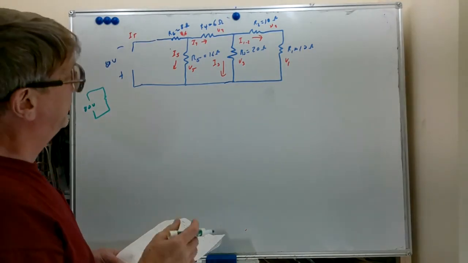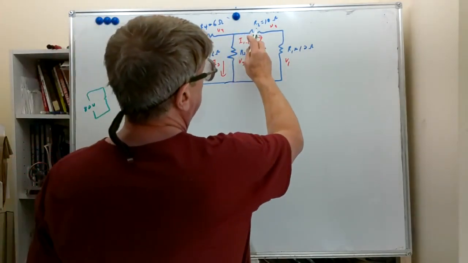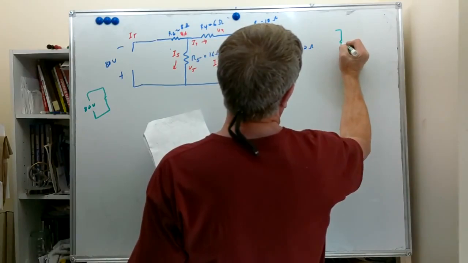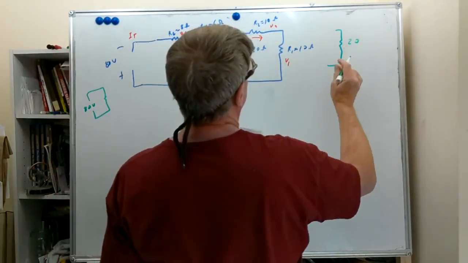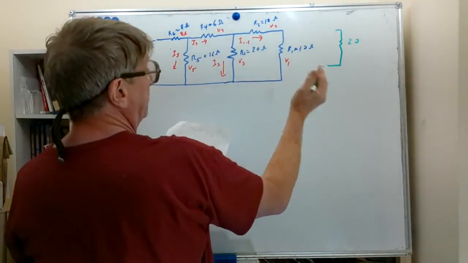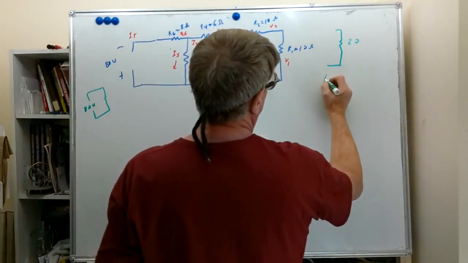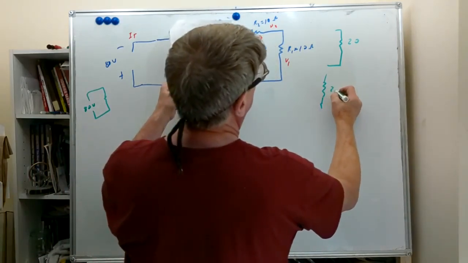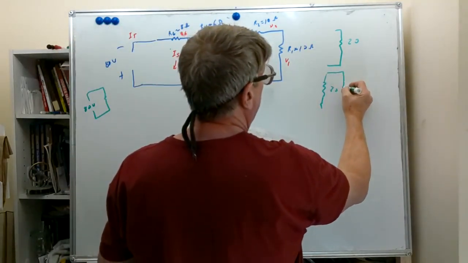Now, how are we going to do that? Well, let's start by taking R2 and R1. R2 and R1 will combine into a single resistor of 20 ohms. So if we replace that with 20 ohms, we're just going to look at this piece right now. We would end up with R3, the 20 ohm resistor, and if we replace R2 and R1 with a single 20 ohm resistor,